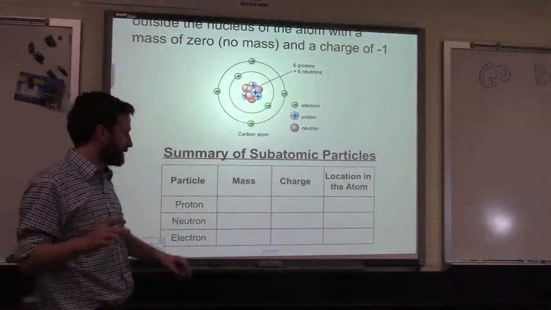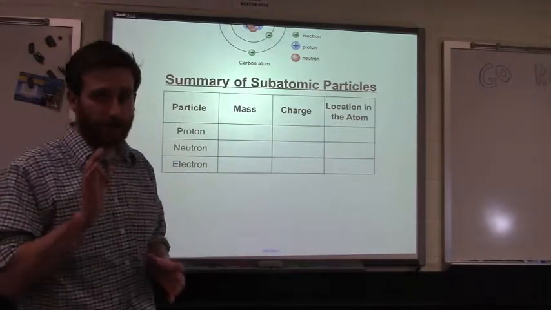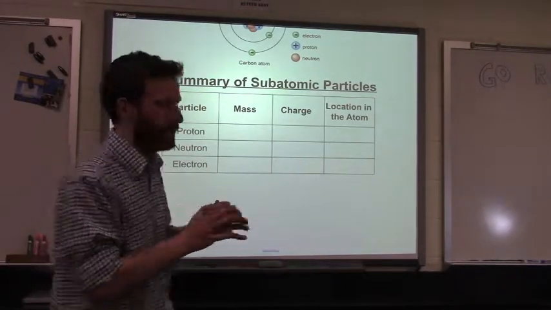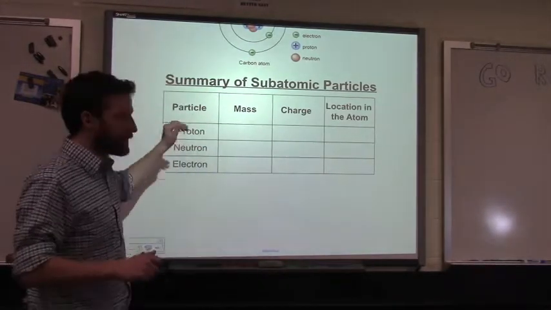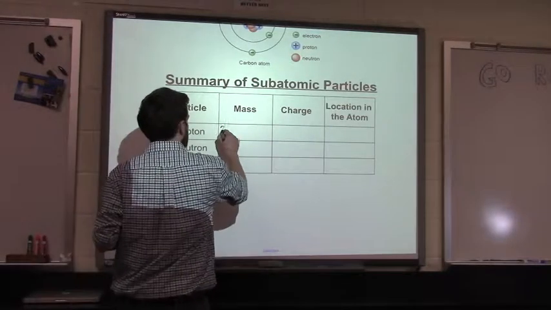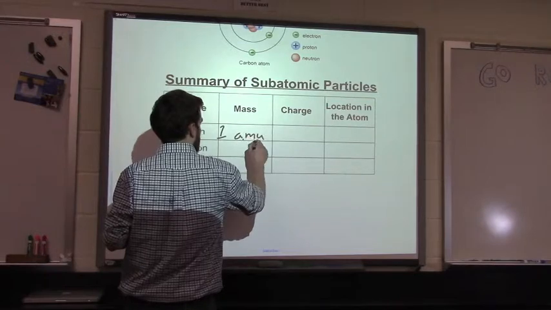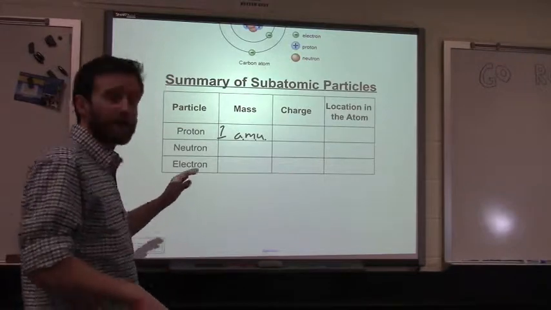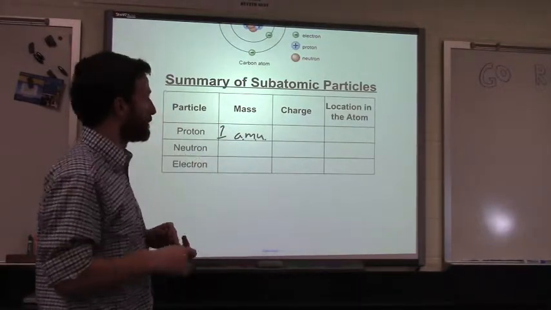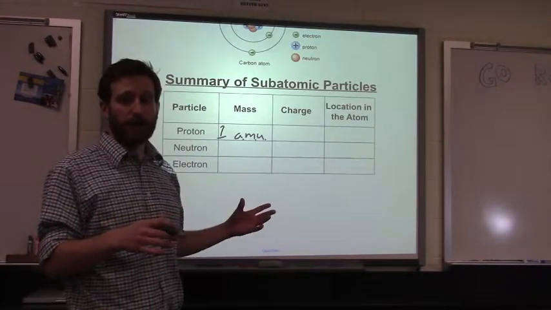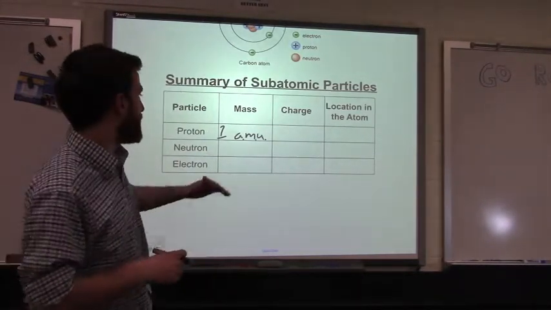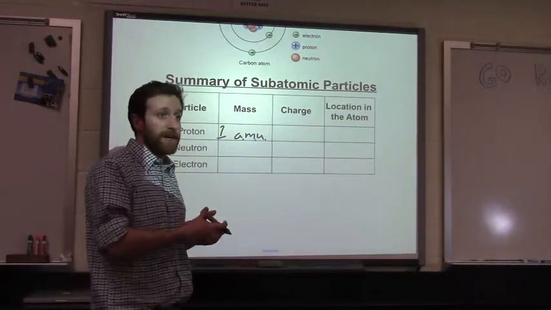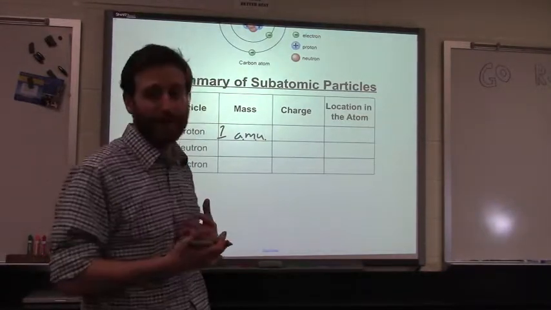Lastly, we're just going to summarize these 3 subatomic particles. This is a very good chart to know and just have in the back of your pocket, if you will. So, we said protons have a mass of 1 AMU, an atomic mass unit. And actually, an AMU is defined as the mass of a proton. So it's no coincidence that it's 1. Fun fact, an aside, in honor of John Dalton, another name for the atomic mass unit is a Dalton. So you could have, much like you can have a kilometer, you can have a kilodalton or a millidalton.